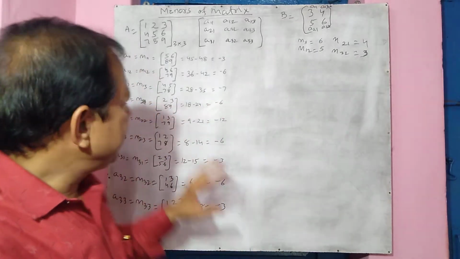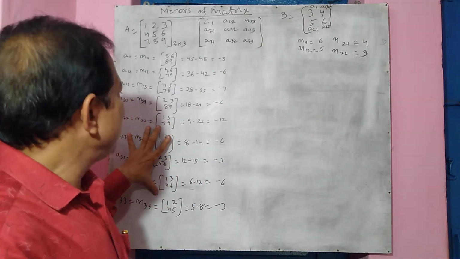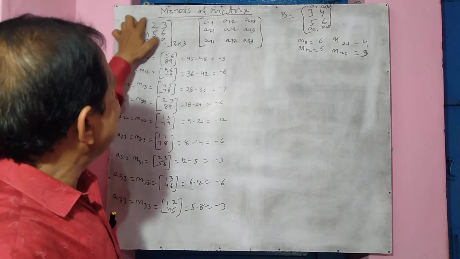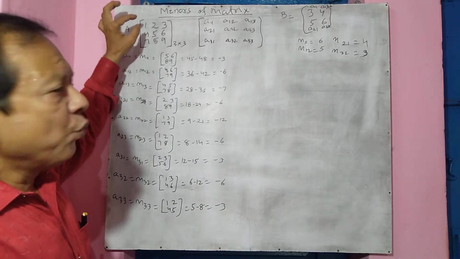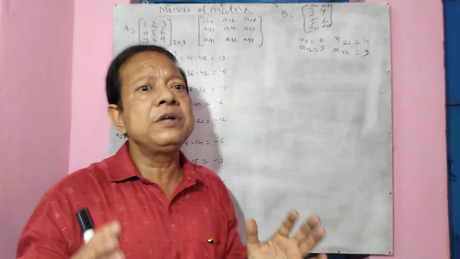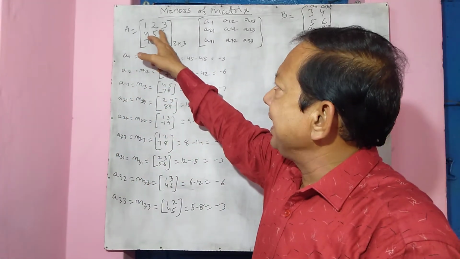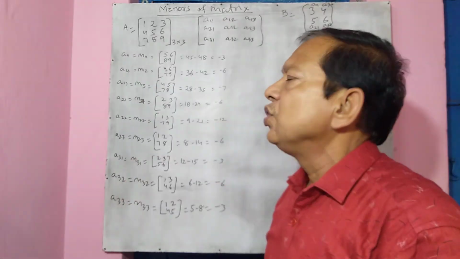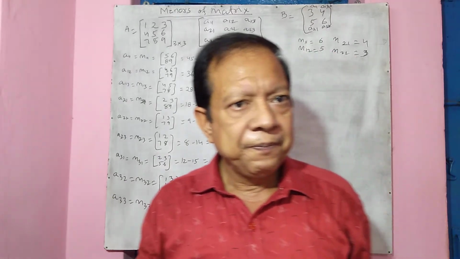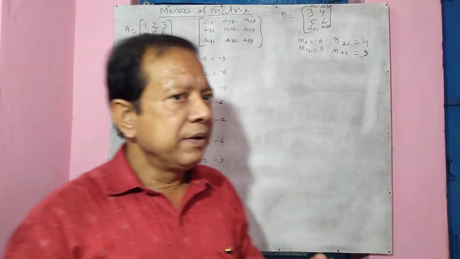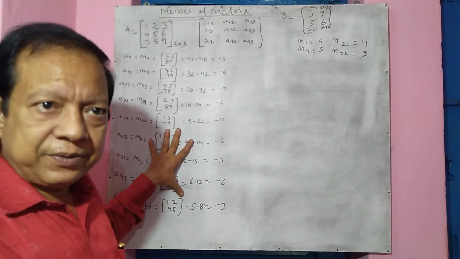But here we have to see that the minors we have to find out, because this is a larger matrix, third order matrix. So here we have different sub matrix. We have different 2 into 2 matrix, sub matrix. Here we find it. So taking this sub matrix, we can find out the minors of this matrix. Okay? Is it clear? If you don't understand, please practice in your house and you see that it becomes clear.